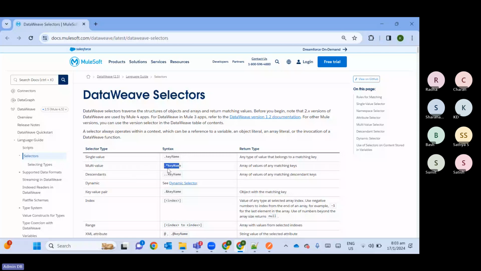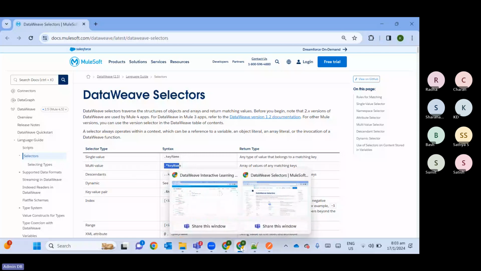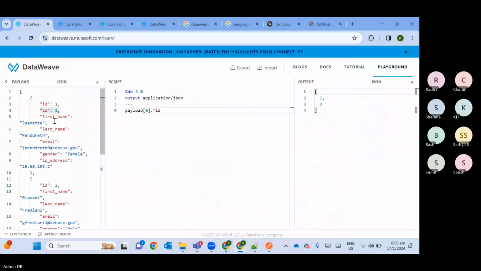So for descendant, what happened? You can see double dot is there. Okay. So if we have a case like this,